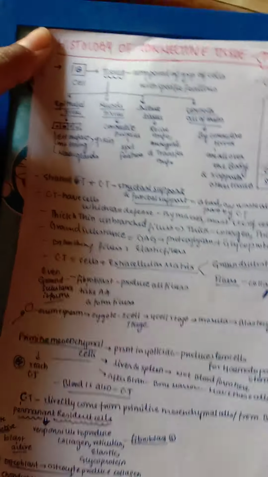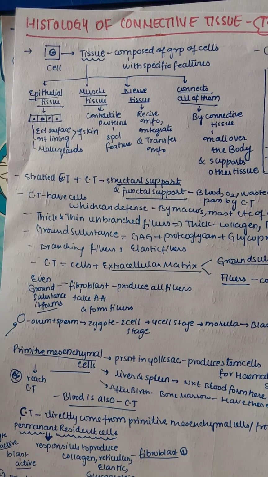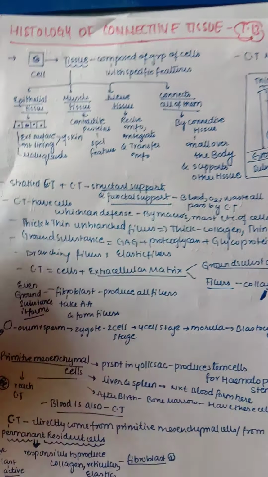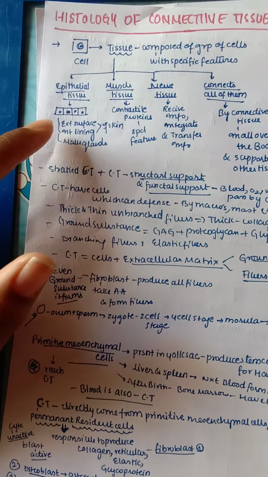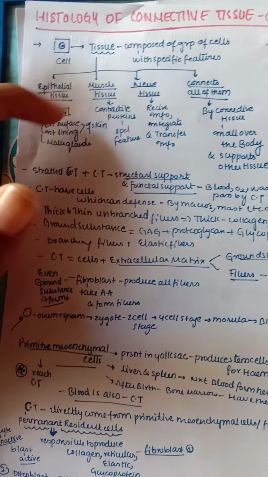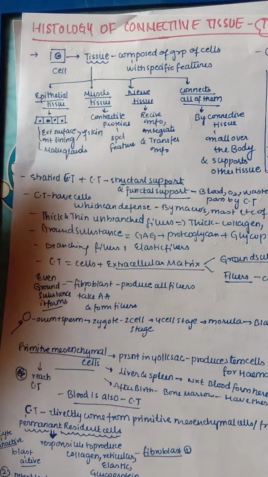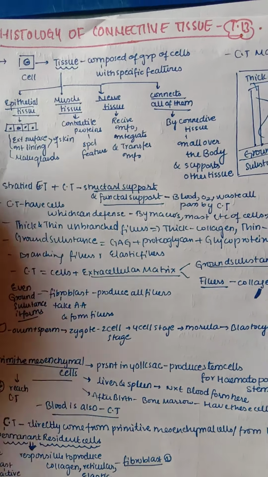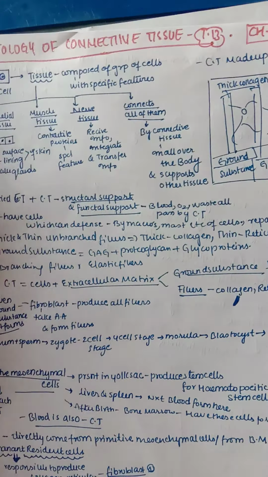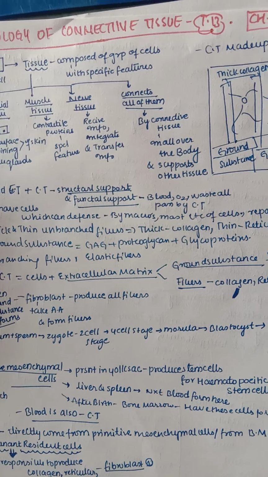First, let us see the four main types of tissue: epithelial tissue, muscle tissue, nervous tissue, and these three tissues are connected by connective tissue. Epithelial tissue lines the external surface, the internal lining of the skin and some glands, and it makes glands. The muscle tissue is contractile, its special feature is having contractile proteins. The nerve tissue receives the information, integrates it and also transfers the information to other nerves. And connecting all these three tissues together is the function of the connective tissue.